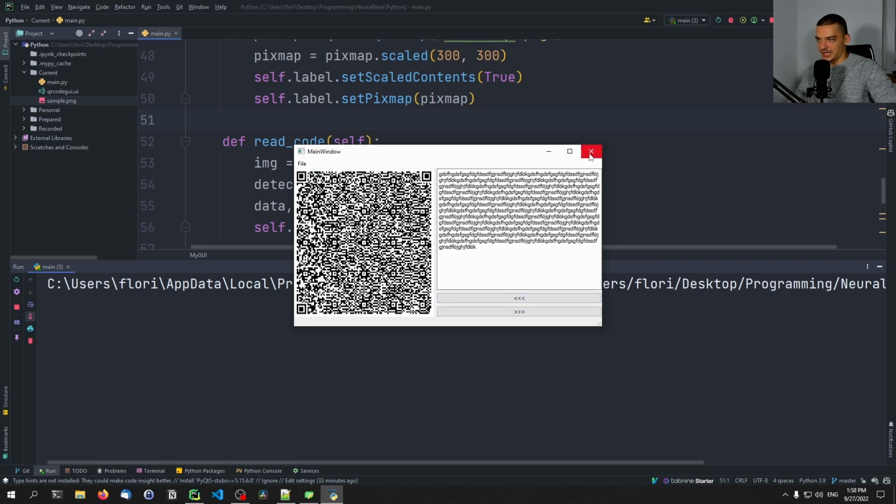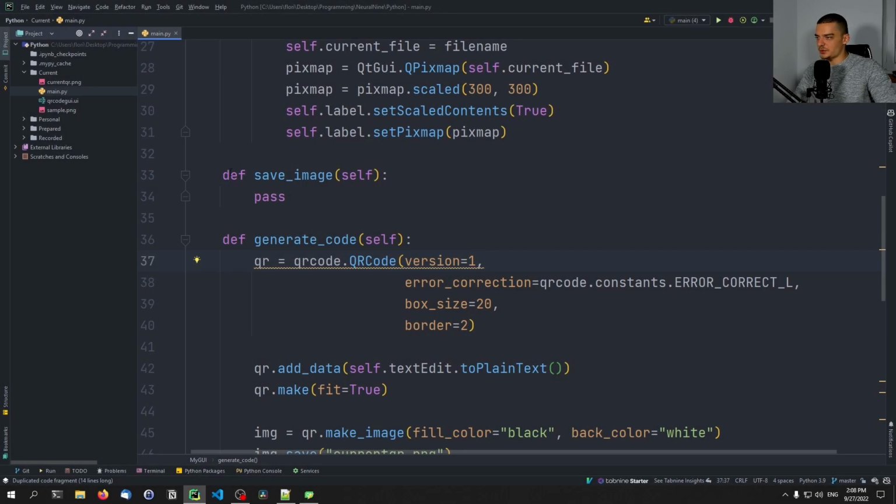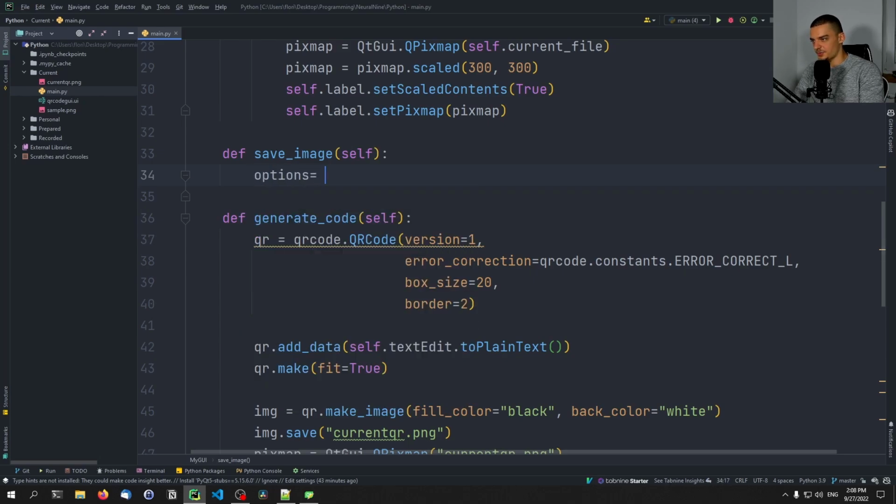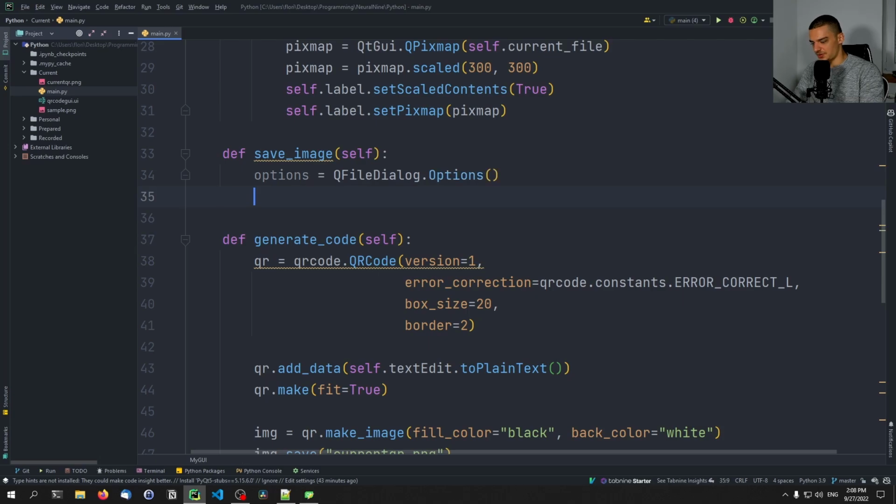So this actually works. And last but not least, we're going to take care of the save image method, which is going to take the QPixmap of the label and save it into a file of our choice, which means that we have to once again use a file dialog. So we're going to start again by saying options equals QFileDialog.options. We're going to say file name, and the value that we're not interested in are going to be equal to